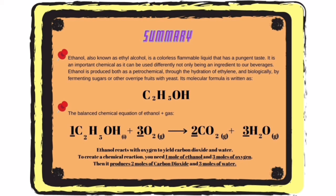Ethanol is produced both as a petrochemical through the hydration of ethylene and biologically by fermenting sugars or other overripe fruits with yeast. Its molecular formula is written as C2H5OH. Next, since it is proven that there is indeed a chemical reaction between the ignition of fire and gin, or ethanol plus oxygen, the balanced equation for this is